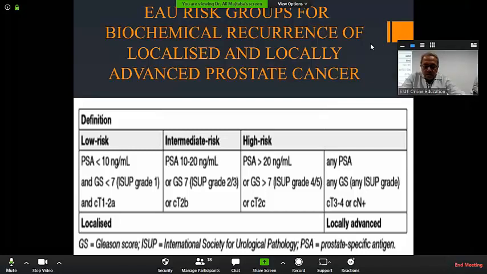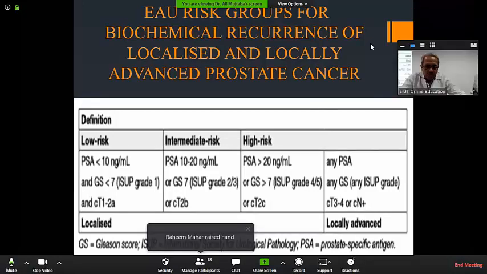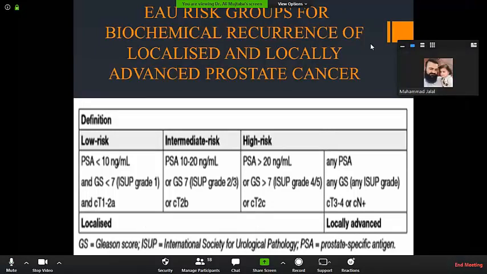Just a minute, Ali. I want to ask everybody, are they on board or not? Are you listening to me and Ali or not? Yes, sir. Okay. So, do you understand what Ali is saying about this Gleason score and grade? No, sir, we are still not that much clear on the staging or grading. Right. So we will read this more, then we will understand more.